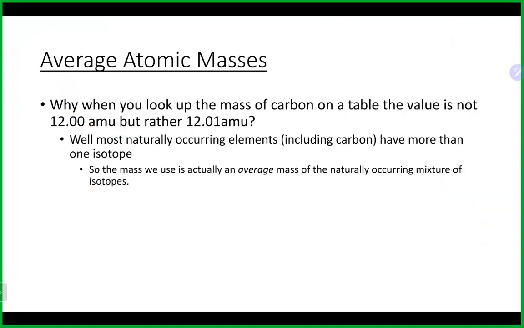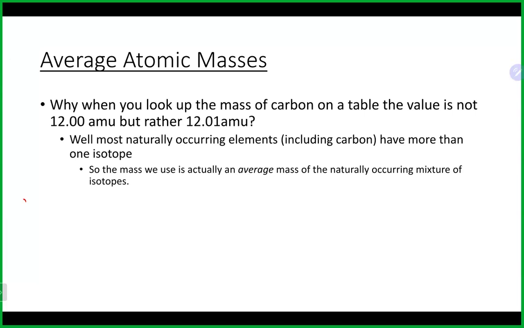The reason for that is what we actually see on the periodic table are what are referred to as the average atomic masses of all the naturally occurring isotopes for that particular element. Although most people don't call it average atomic mass, that is essentially what you are looking at in that particular case. So they could actually do a calculation to figure out what they get on there